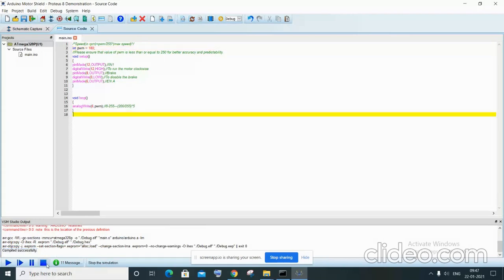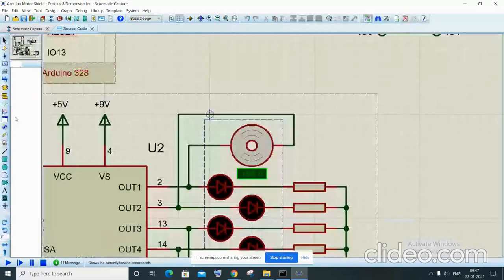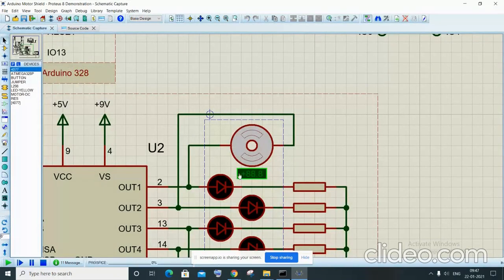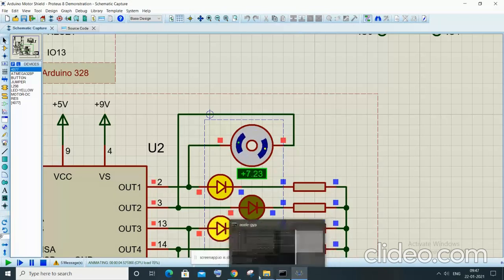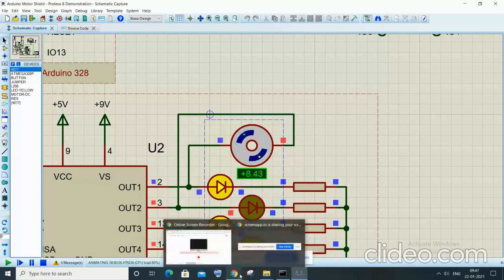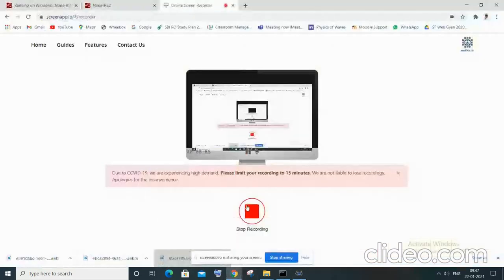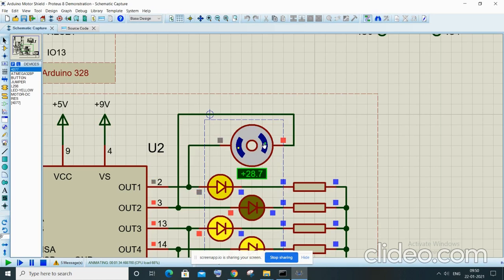Now we will again run the simulation and see what the speed of the motor comes out to be. The motor has again started to run in clockwise direction. Now we can see the rotation speed of the motor has become stable at 28.7.